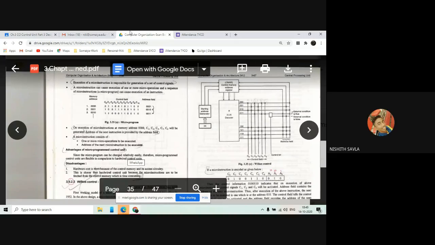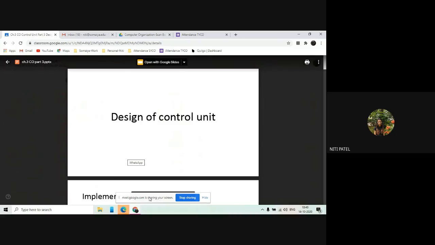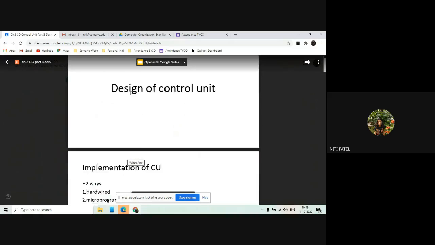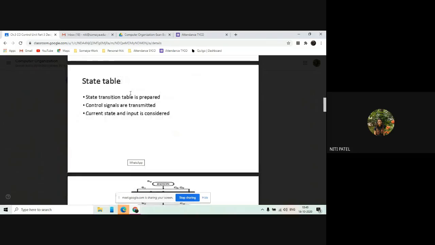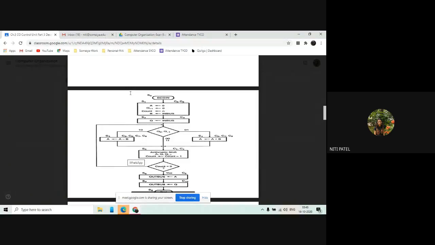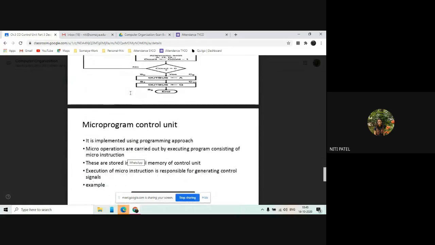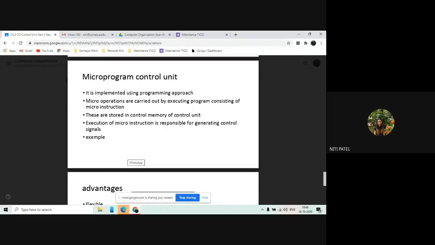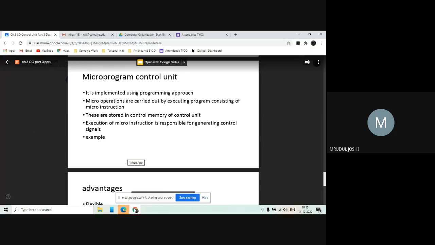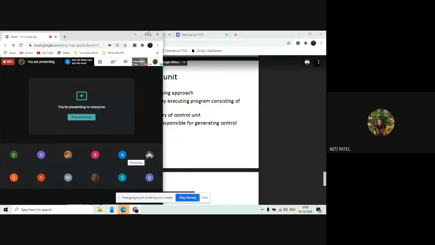Yes or no? Okay, so what was happening in your hardwired control? I was going with respect to the flow chart and I was maintaining a table. But what will happen if it is microprogrammed? I will be using the concept of Wilkes control unit, which will tell me which is a memory address, what are the control signals, and which is the next address to be generated. Are you clear with this? Yes, ma'am.